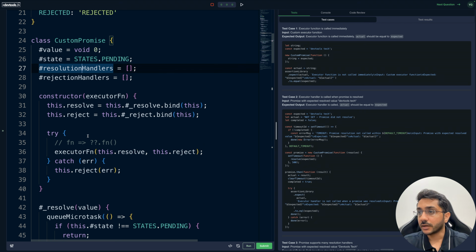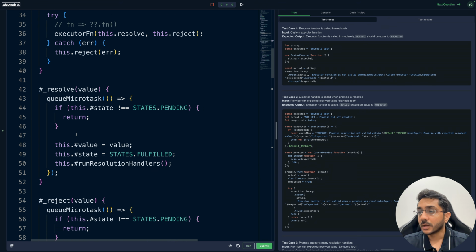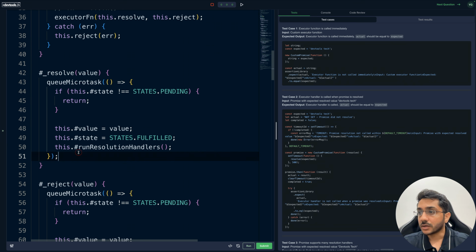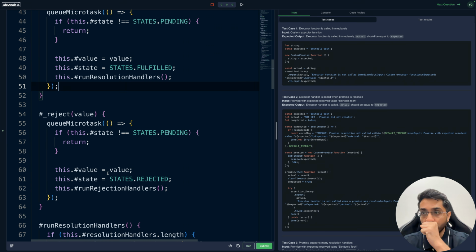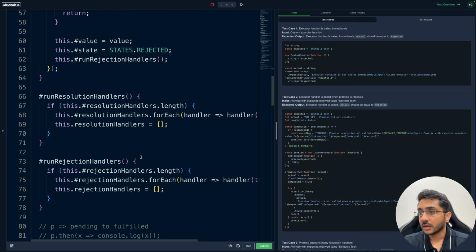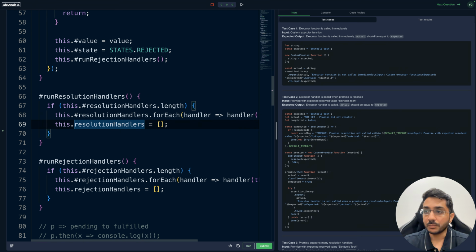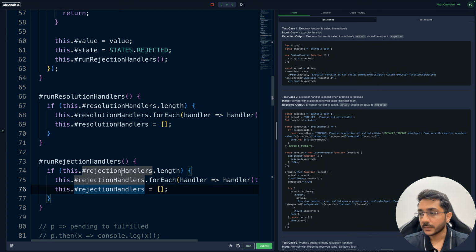We have resolution handlers, we are binding them, then we are calling the executor function here. We are queuing a micro task, and the states are fulfilled. In reject also we are doing state, if not pending then returning, else we are changing the state. In run resolution handlers we are calling it, and then, oh, we are setting it on a wrong property. This should be hash. I think same issue here. Now if I run this right now,